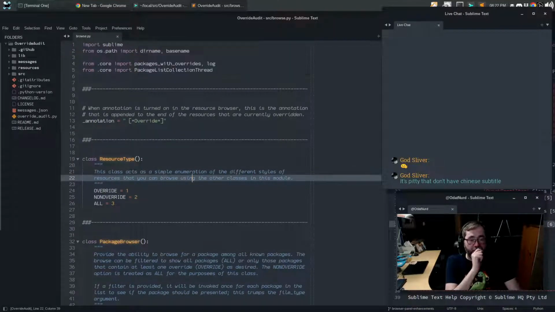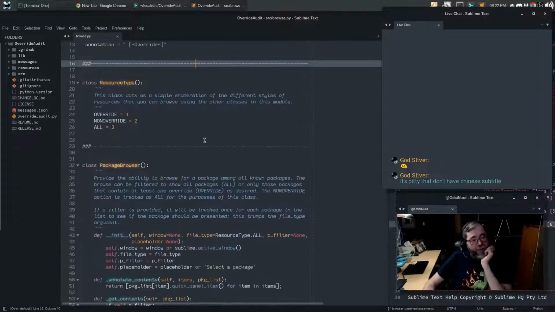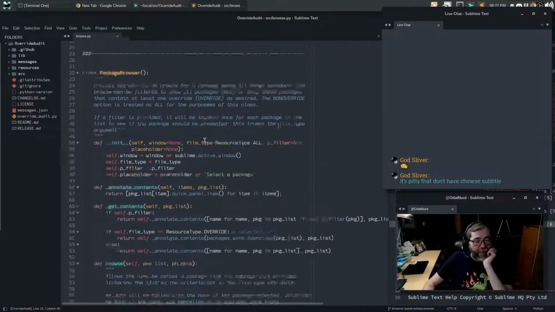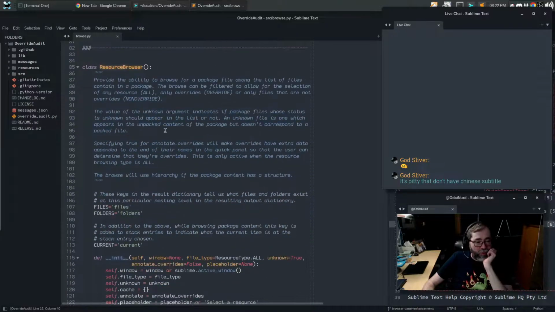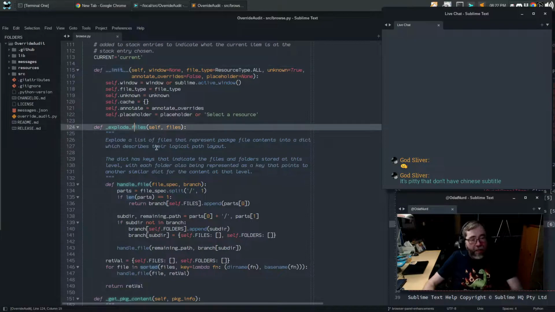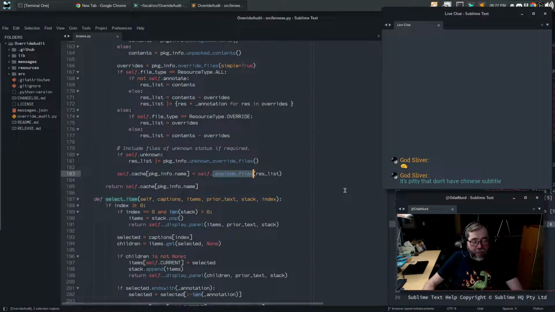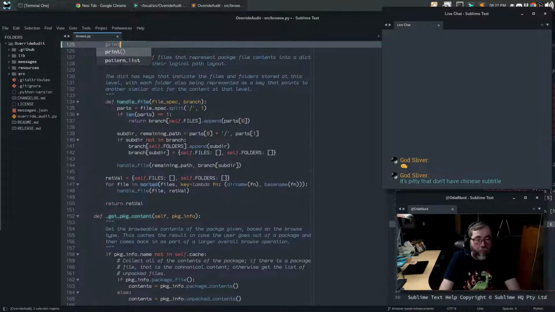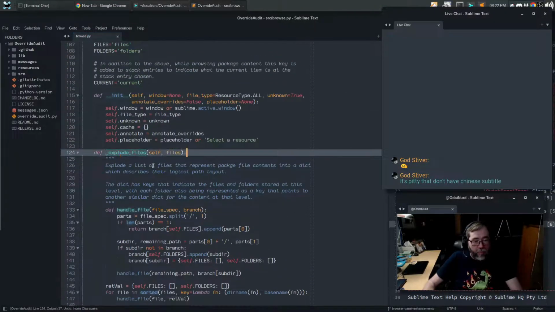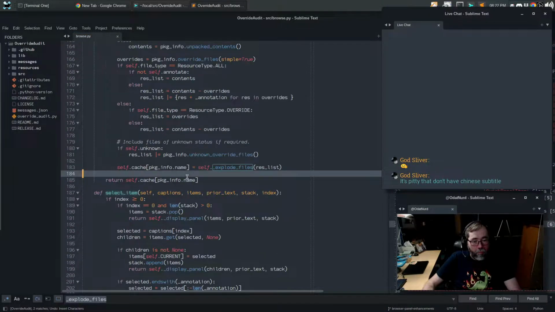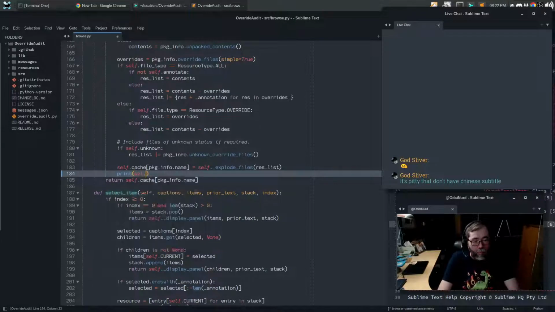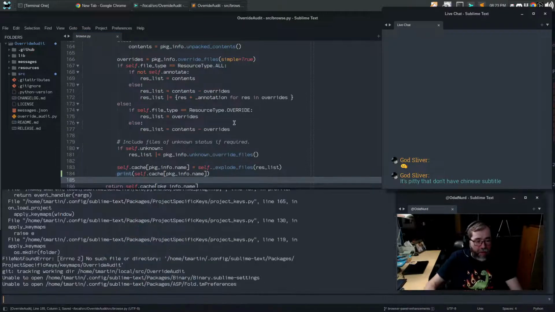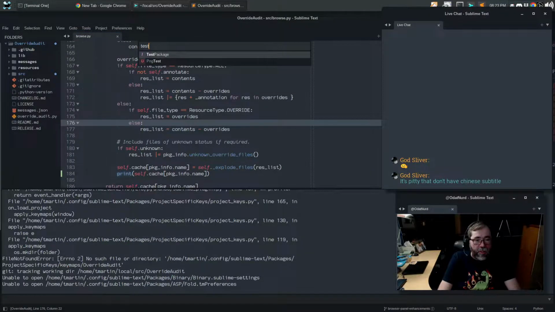Now the first thing we're going to do is throw some code in here to be able to see what it is that this thing is actually doing. We don't care about package browser per se. We care about resource browser. Explode files is the thing that we're interested in here. Only one spot, right? So if we did something like that, then when we open resource test package,